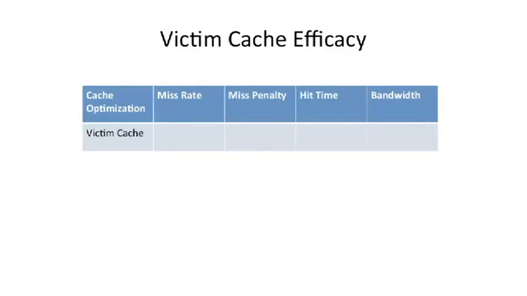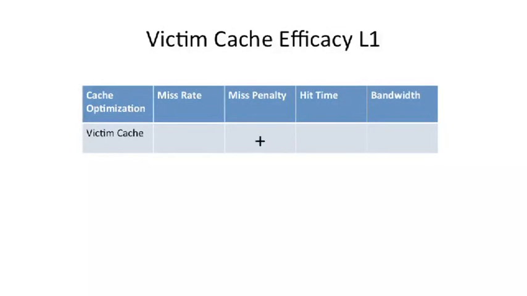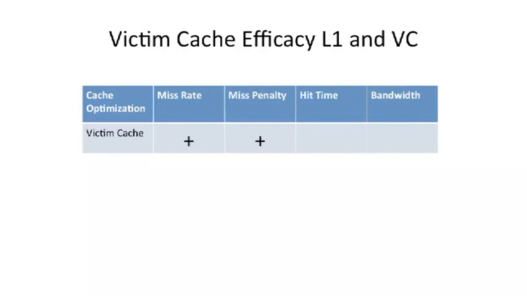Okay, so going back to our victim cache here, if we look at the victim cache just by itself, to the L1, this kind of looks like a multi-level cache. So the answer is going to be the same as what we had for our multi-level cache. If you look at it just for the L1, it's going to make the miss penalty go down, or it's going to be good for the miss penalty. If you look at the L1 with the victim cache, the miss penalty will be lower than if we had to go out to the next level cache,